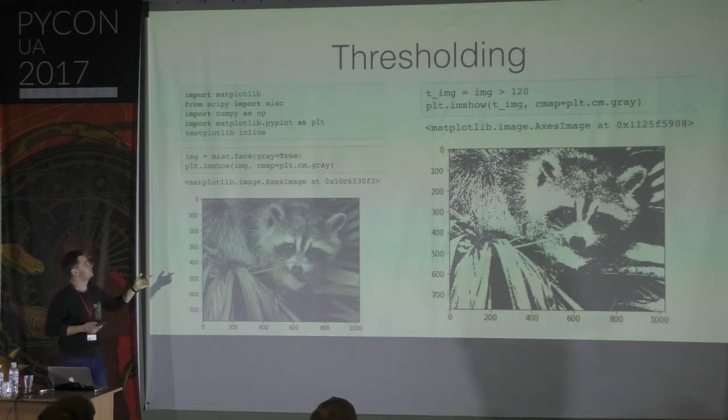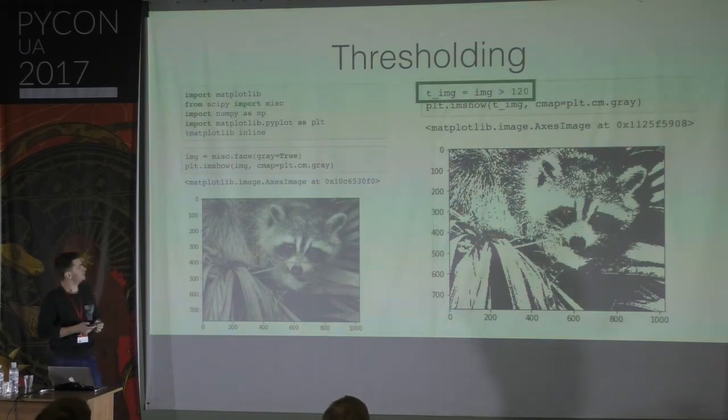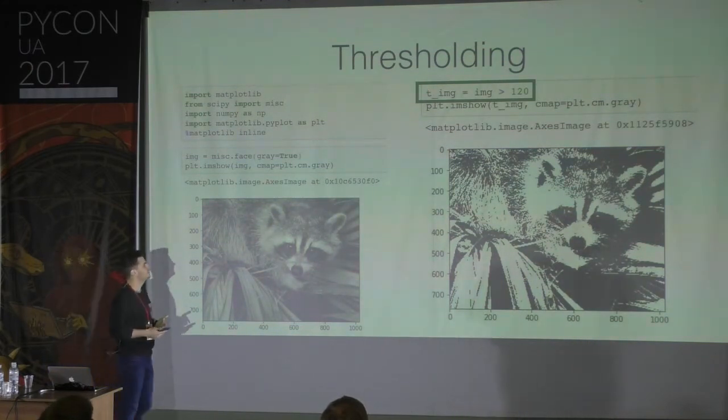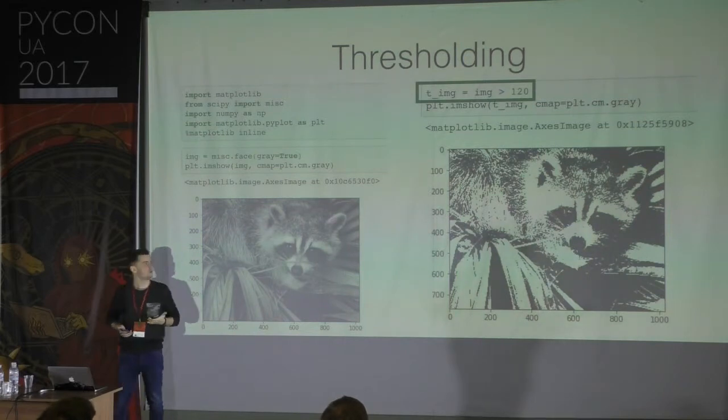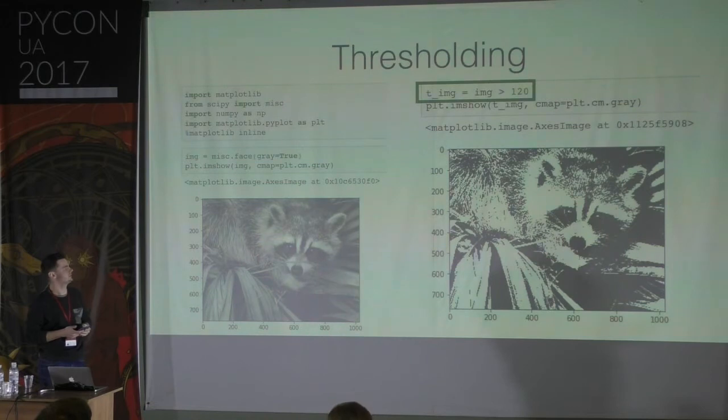And this is thresholding. There are in total about 8 lines of code, and thresholding essentially is just this line. Because Python is so easy and high level, we can abstract operations like this easily. And here 120 is the threshold.